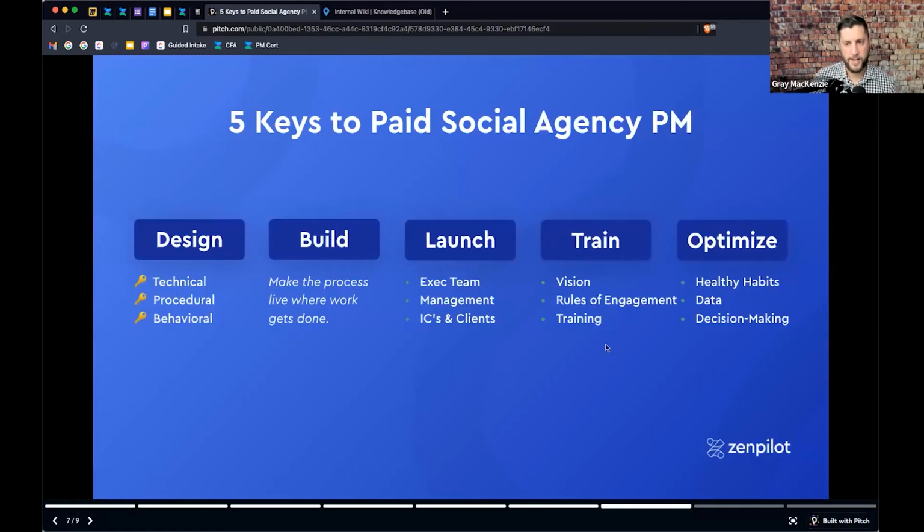So we can talk more about what that looks like, but I want to talk now about the outcome of that, which is once we've got the team trained, once we've launched and we've got all the processes built and the right system designed, the whole point of doing all of that isn't that we get to a place where then we kick up our feet and nothing happens. The whole point is we've built an engine that is sustainable and that can deliver good client results, and we can make better